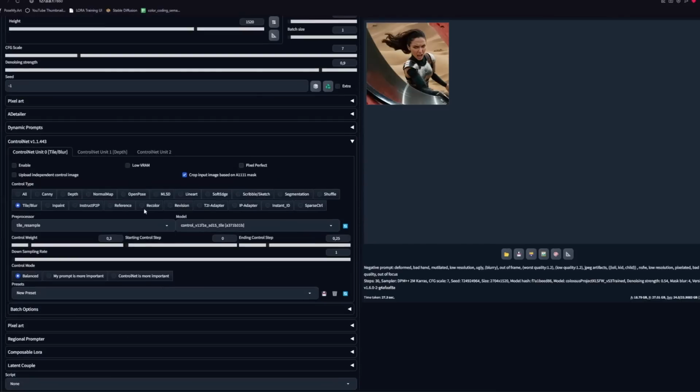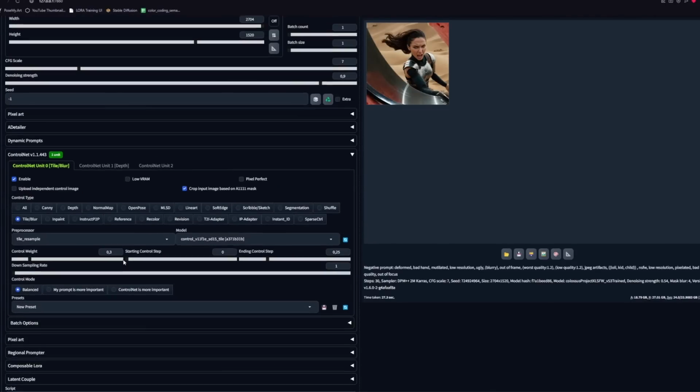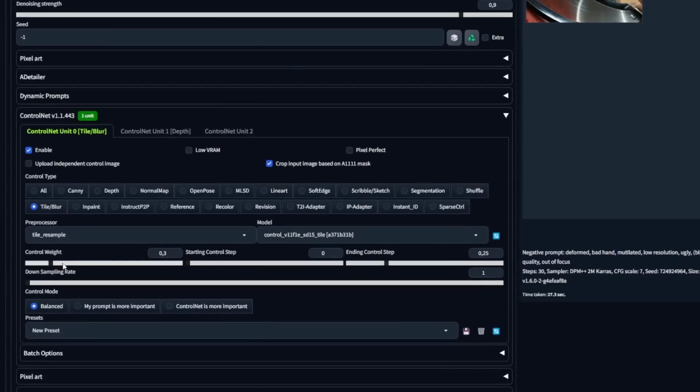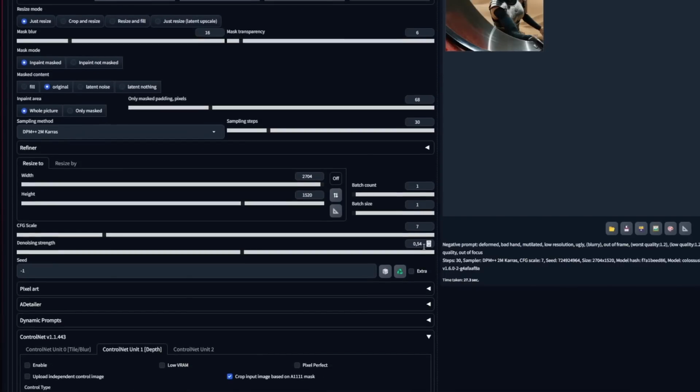Something like this. For this trick we will use ControlNet tile, so I will switch to SD 1.5. I know there's a new decent SDXL tile model, but I haven't been able to do this with it, so maybe it's just my fault to be honest. I will use it very low, like 0.25 weight and 0.3 ending step. Then just adjust the denoising strength at something like 1 or a bit less.